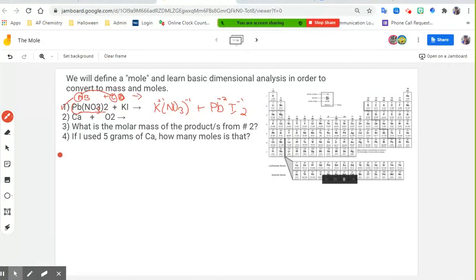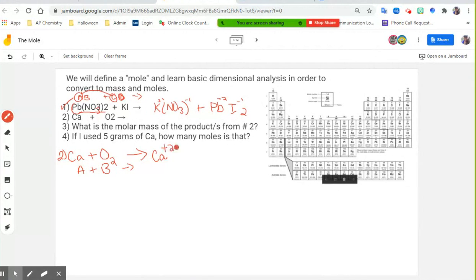Now for number 2, I have calcium plus oxygen. What type of reaction is that going to be? Synthesis. Good. Awesome. So this is the one where we have A plus B. This is the get together, right? So this is synthesis. So in order to combine these together, we have calcium,